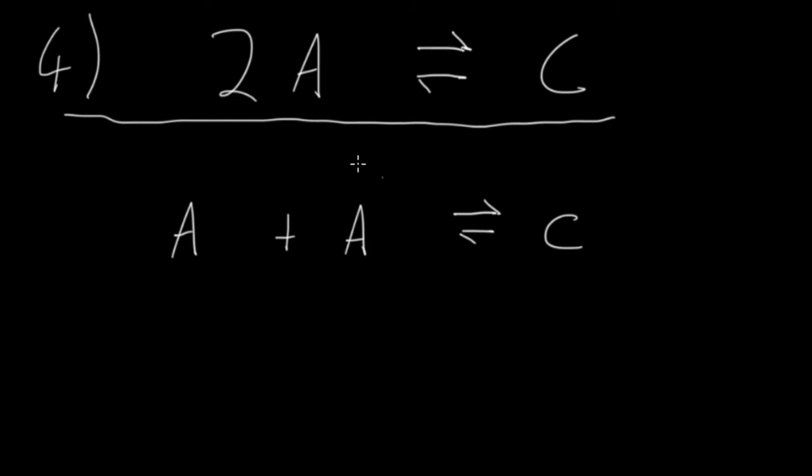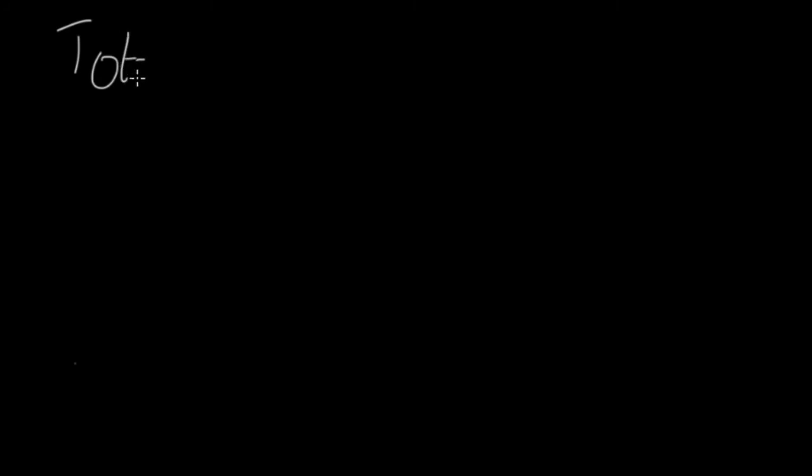So now it looks very similar to our previous reaction equation, A plus B goes to C, but we have two A's reacting together to make C. So we've already produced these, the total ODEs, we've already worked those out. So let's write them out. So the total ODEs,